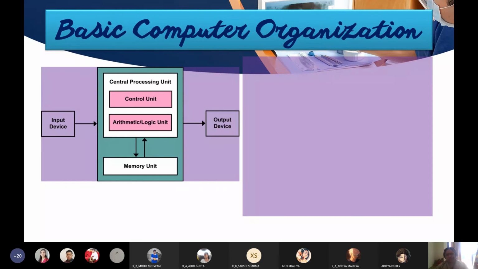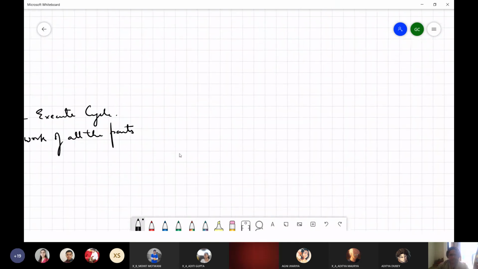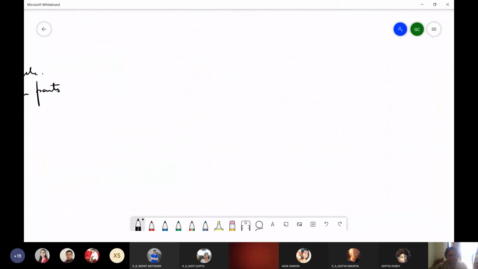If A plus B has to be done, it will instruct the arithmetic and logic unit. If something has to be stored in the hard disk, it will instruct the memory unit. If something has to be displayed, it will instruct the output unit. So this is the control unit which controls all the execution, and we have the very important ALU,